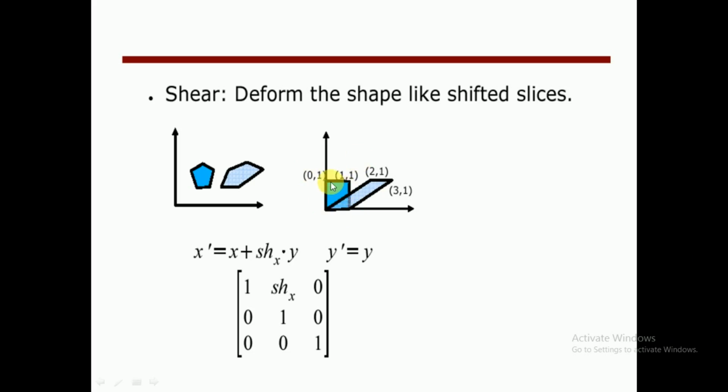Originally, the object was here. If you press something here, then it will make it like this. That is why 0 1, then 1 0. Then after pressing, this will become 2 1, then 3 1. This is what again? What is the equation for x here?